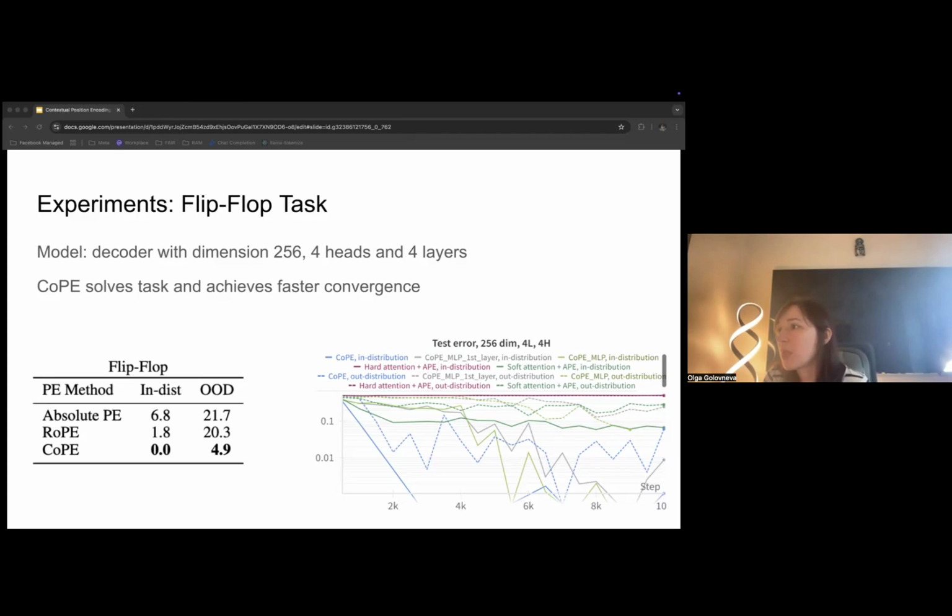For example, if the gates are 1 only for W tokens, then position 1 will correspond to the last W instruction. In contrast, relative position encoding struggles to isolate the last W with its decaying position function, especially if the position is unknown and far away, which results in poor out-of-distribution generalization.